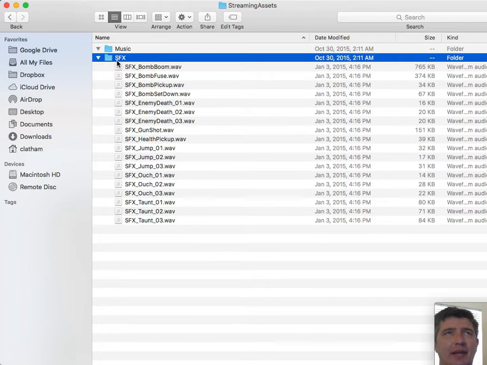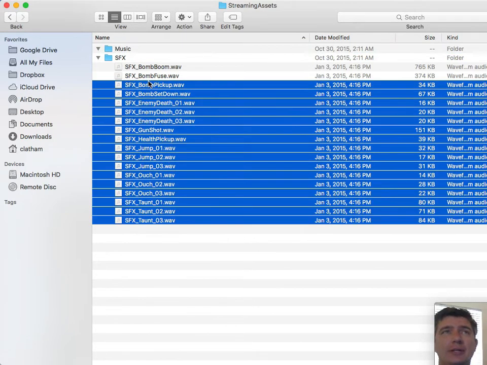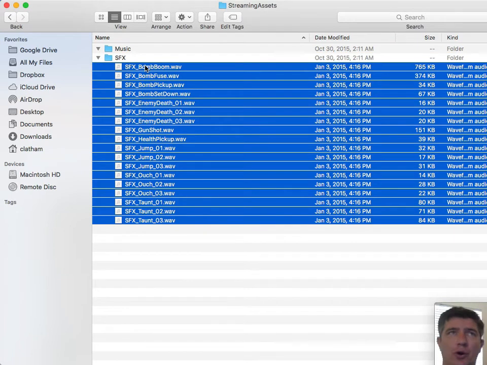One that has sound effects in it, and this, you hear the sound effects in the game. There is no music in the game. That's your job. You will create all the music, and you will put that music in that folder. Next week, you will create all the sound effects, and you will replace all of these sound effects with your own.